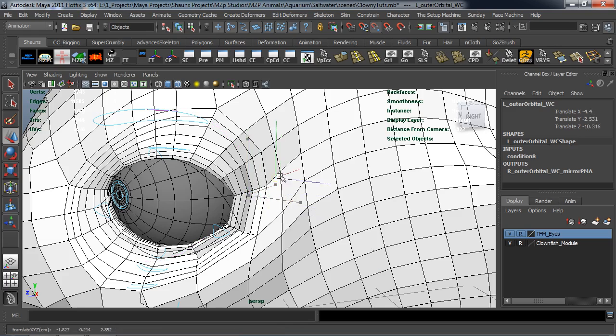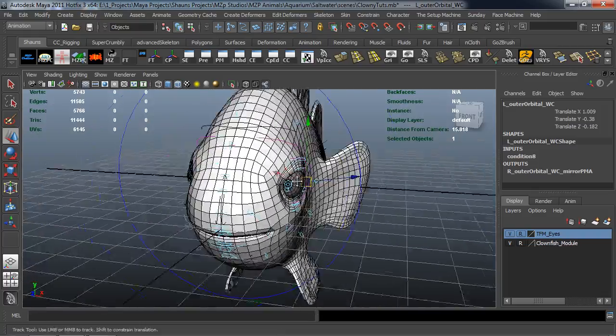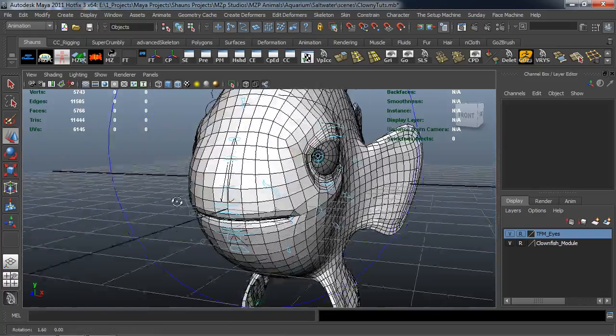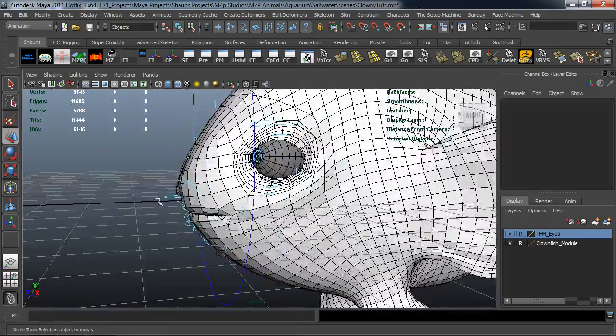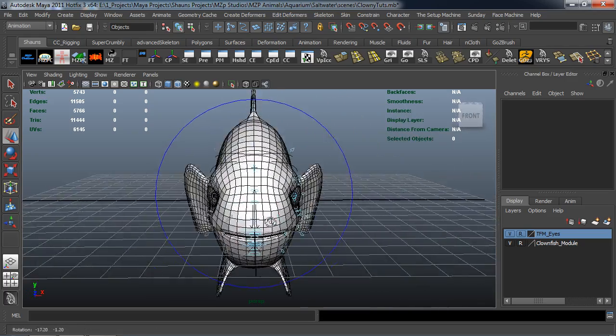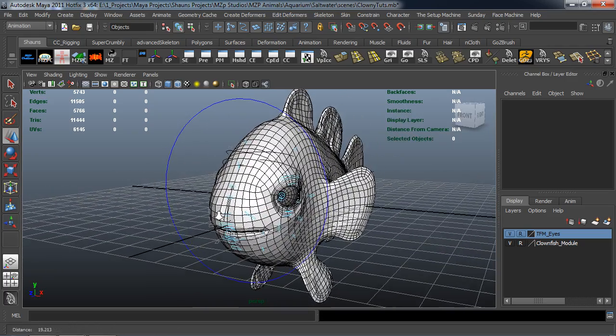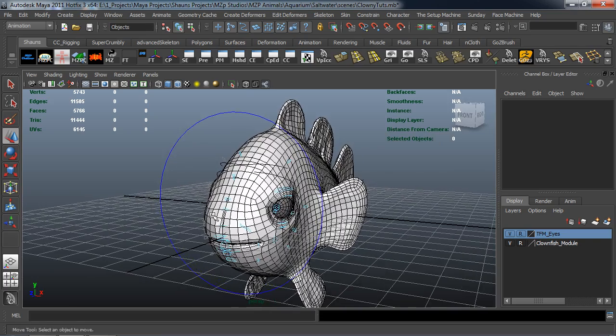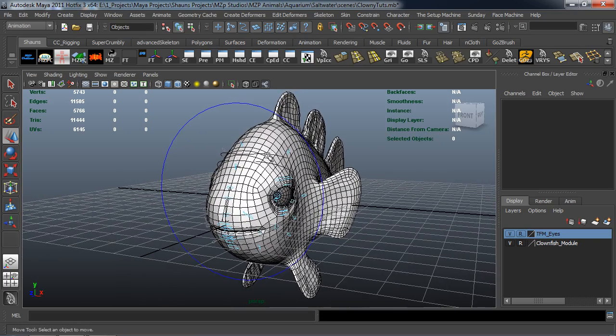Take the outer orbital. Snap it there. Okay, so I think we're looking okay here. Now, what I want to do to make sure, before we start defining our meshes here, to actually go ahead